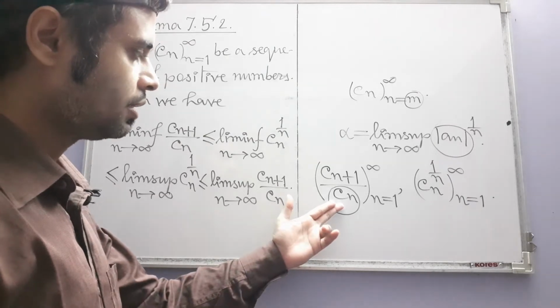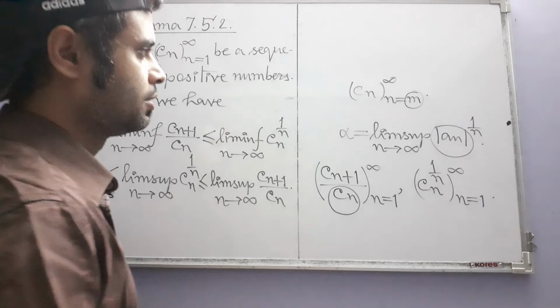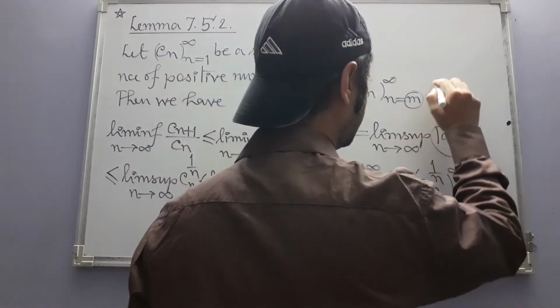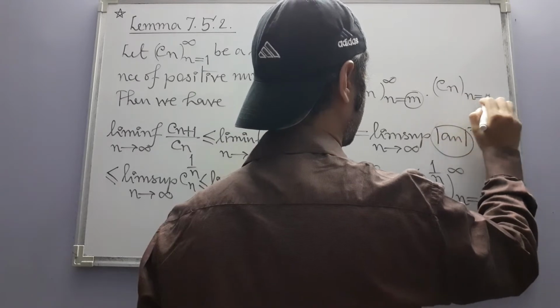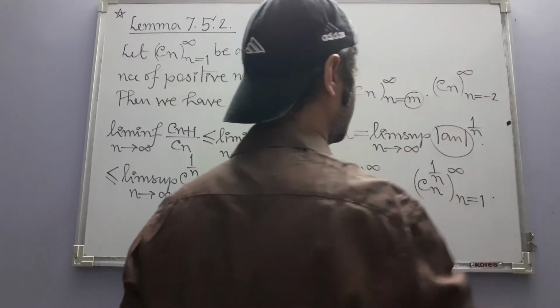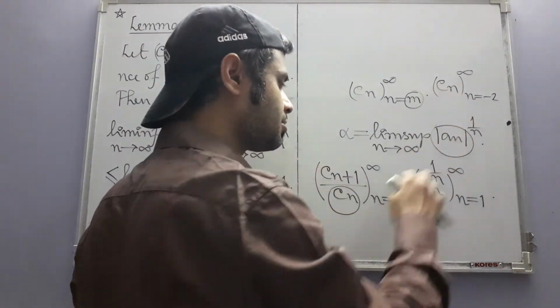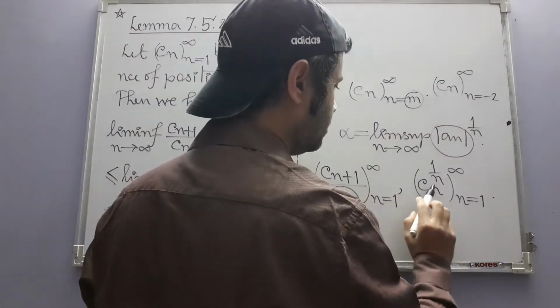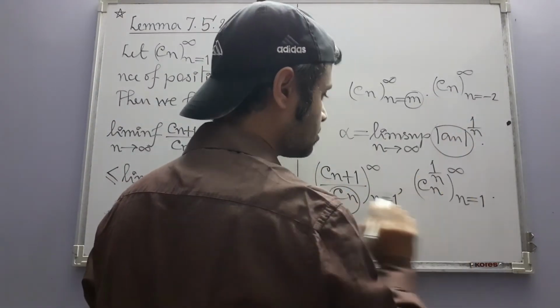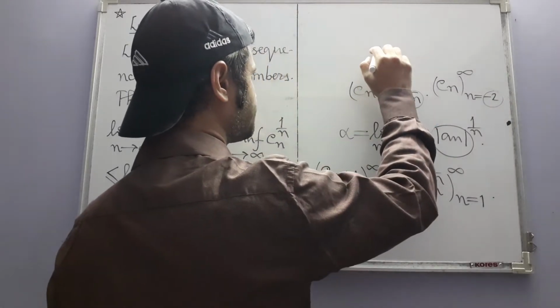You won't have any problem forming this sequence, but here you will have a problem, especially when m is a negative integer. Say you have this, minus 2 to infinity. Now the cn's are positive, fine, that is not changing, but when you consider this sequence, if you have this, then